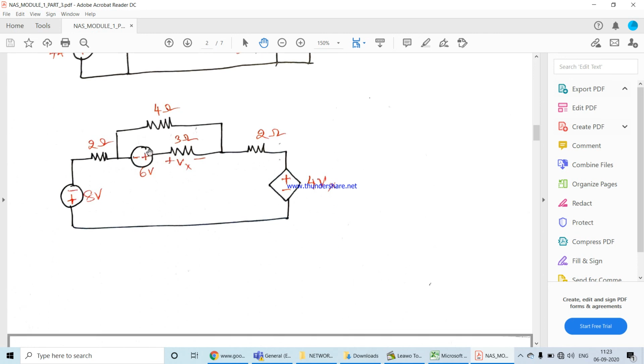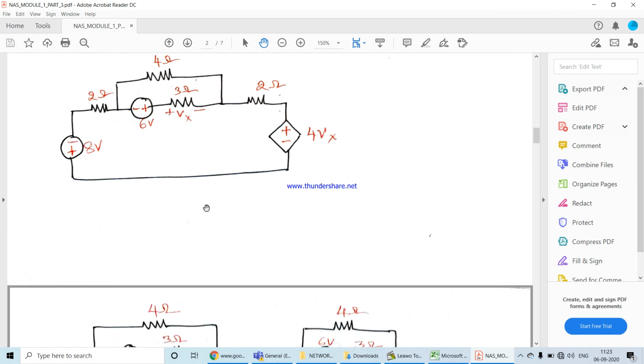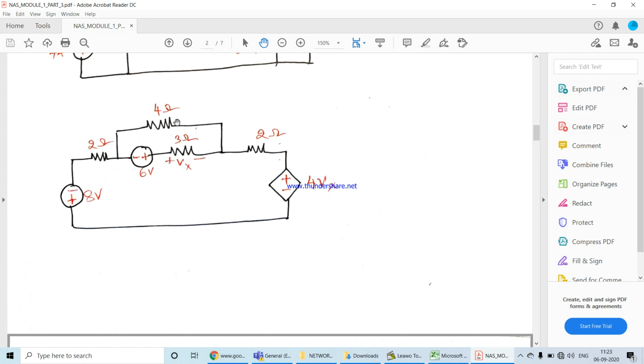It's quite simple because we have a voltage source in series with a resistance here. Once we convert that voltage source in series with resistance to a current source in parallel with the resistance, this and this resistance will lie in parallel, so you can find the equivalent resistance. That is what I am doing here. But before that, can we see that these two are both voltage sources? Though this is a dependent source, it is still a voltage source, and even this is a voltage source. As both are voltage sources, I can easily add or subtract them.